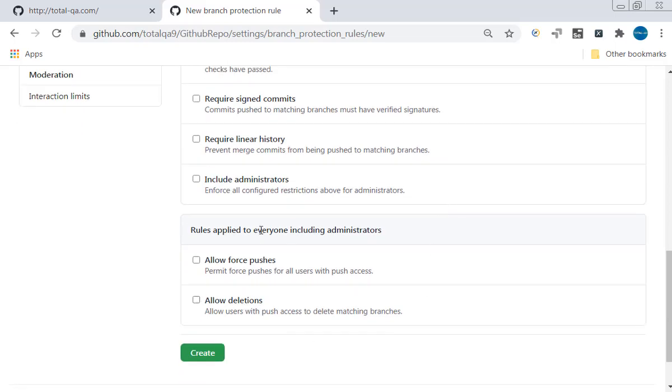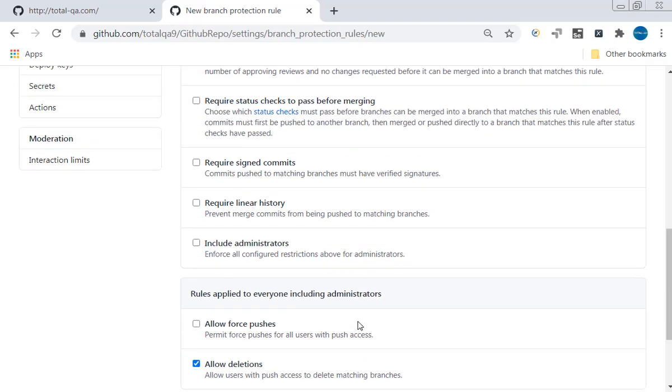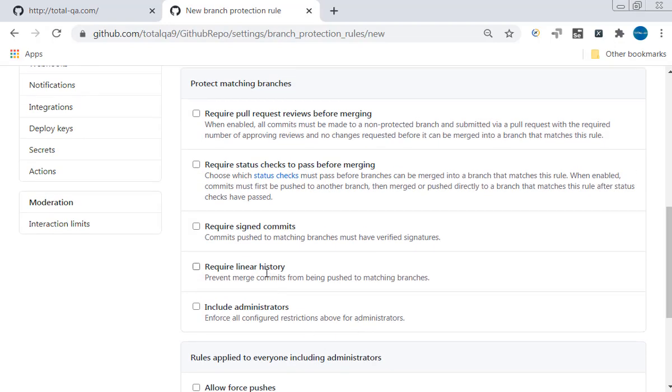Suppose rules applied to everyone including administrators, allow users with push access to delete matching branches. You can select anything here, something like this. See here, allow deletions, allow users with push access to delete matching branches.